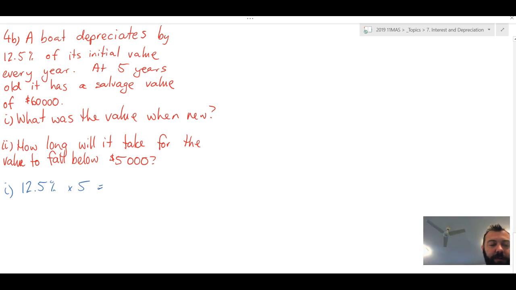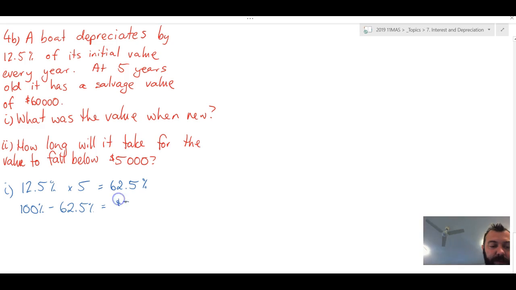Right, what does that equal? 62.5, I reckon. 62.5%. So it has lost 62.5% of its initial value. That means that what remains is 100% minus 62.5